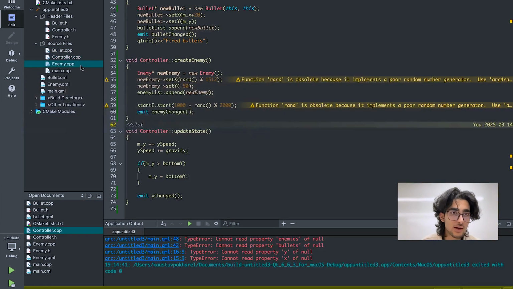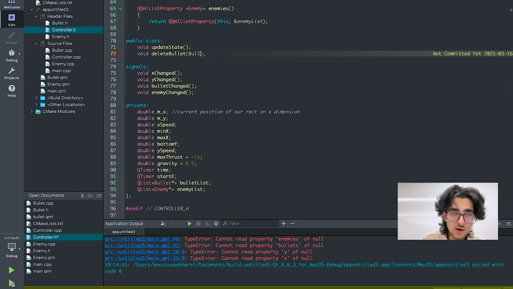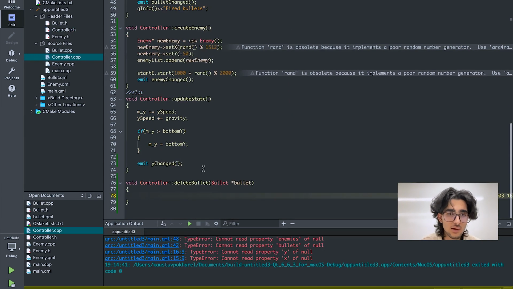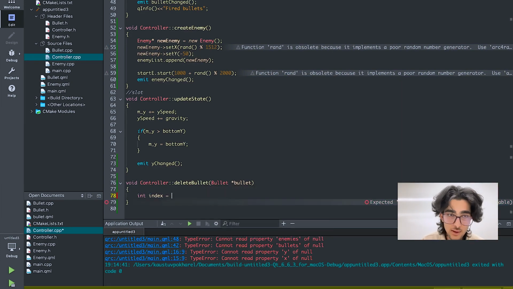So here when we created our inside controller.header file, we created the slot. So for the slot I'm gonna give bullet and bullet. So I'm also taking this parameter which was connected through signal slot, so I can access the bullet now, the address of the bullet. So inside this slot I'm going to add definition by clicking on the name of the function and then add definition to controller.cpp. Here we have the delete bullet slot, and here what I'm going to say is index is equal to,